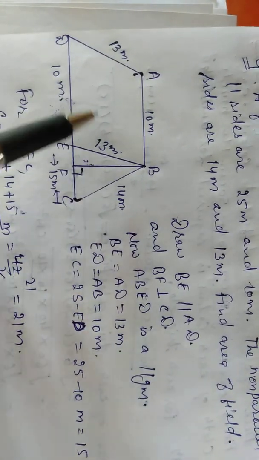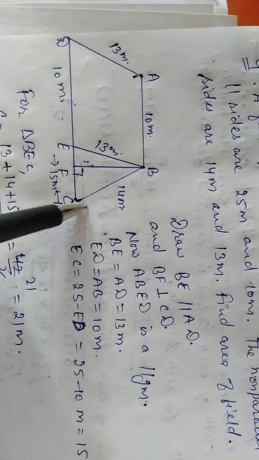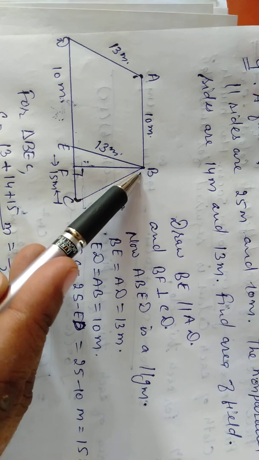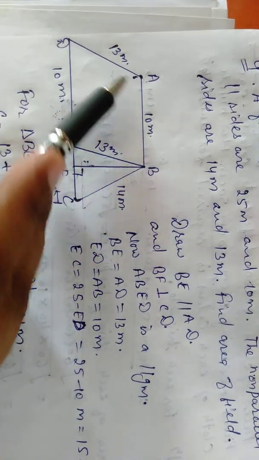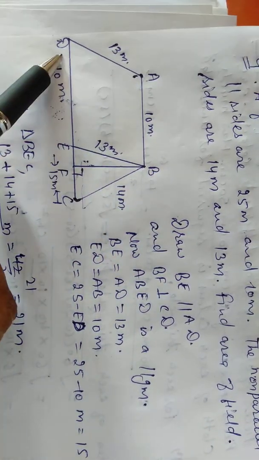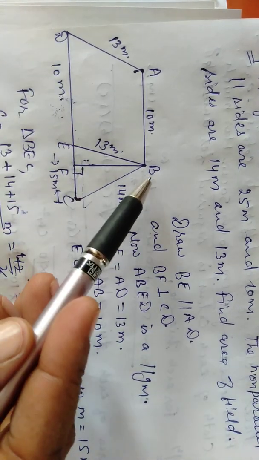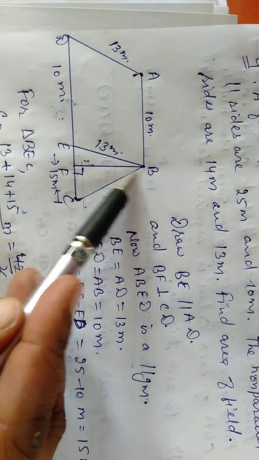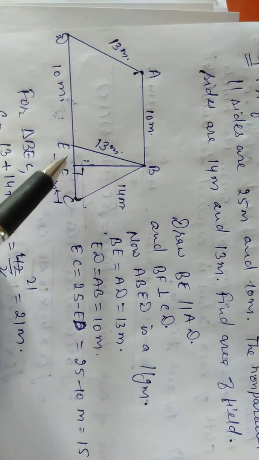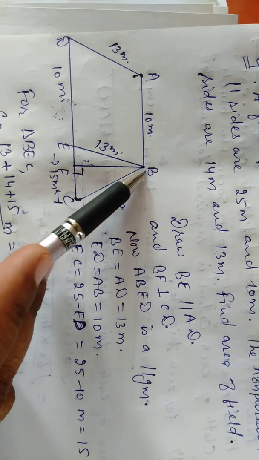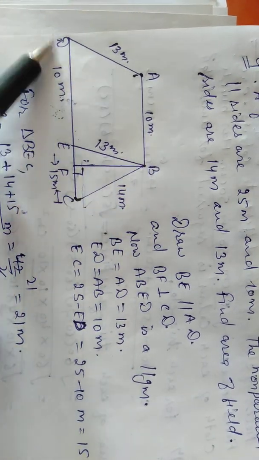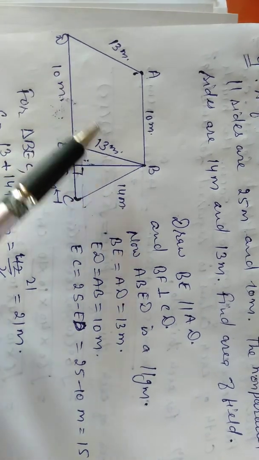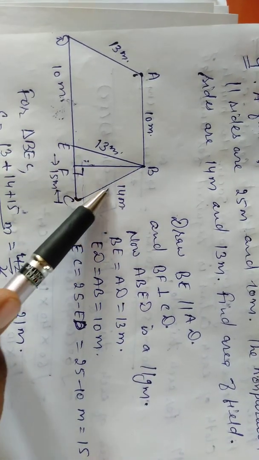So I have drawn the trapezium for you. This is ABCD, a trapezium. So I am constructing a parallel side BE that is parallel to AD, right? So this becomes ABED, a parallelogram. Now I'm also drawing a perpendicular from B to DC, and this becomes a triangle BEC, right? If you want to find out the area of this ABCD, we just find out the area of ABED plus area of this triangle, right?